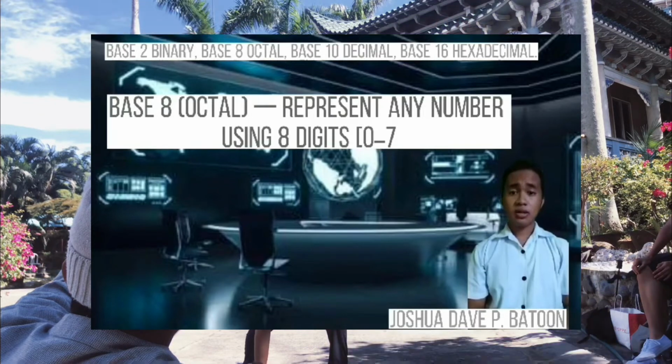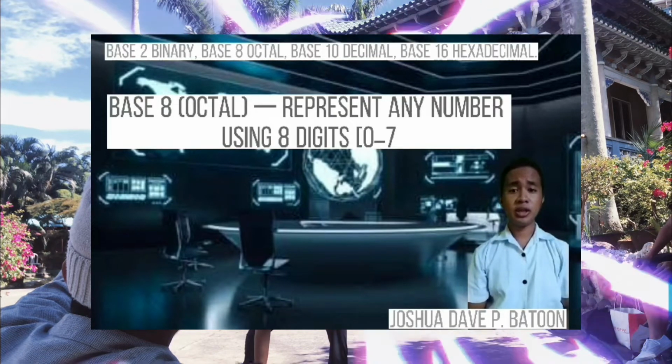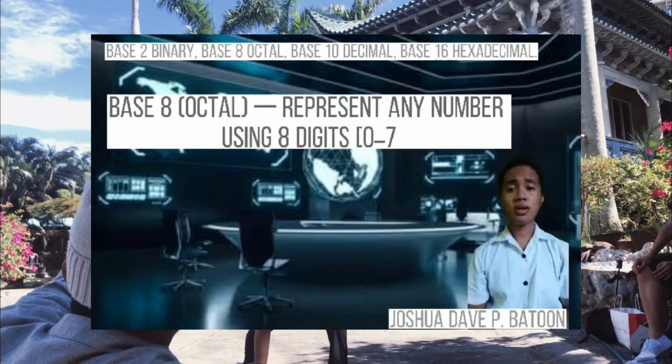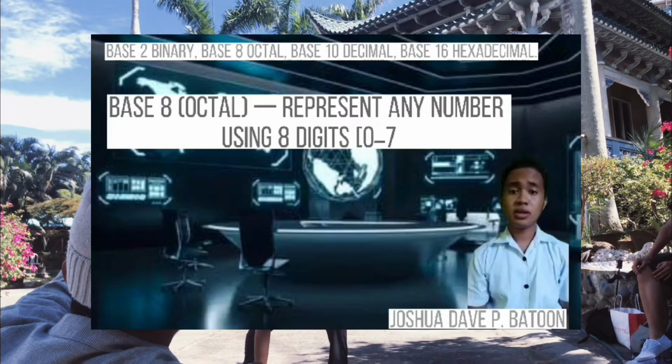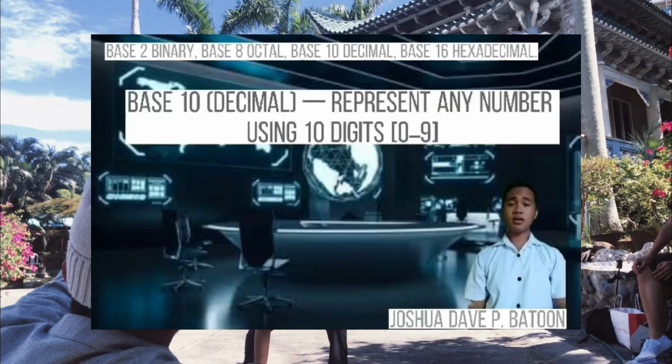Base 8 octal represents any number using 8 digits, 0 to 7. The octal number system is widely used in computer application sectors. All the modern generation computing system uses 16-bit, 32-bit, or 64-bit word, which is further divided into 8-bit words. Base 10 decimal